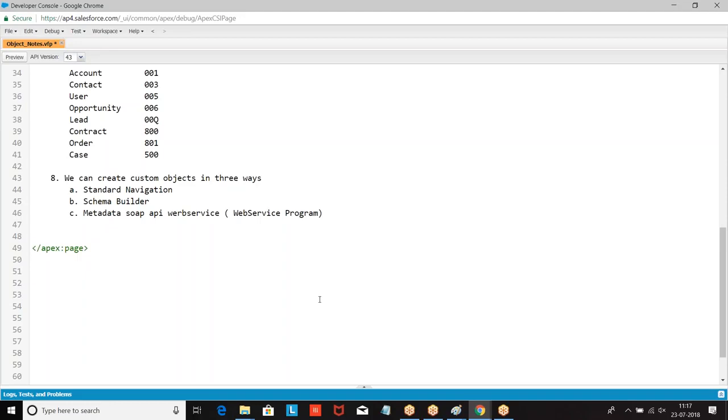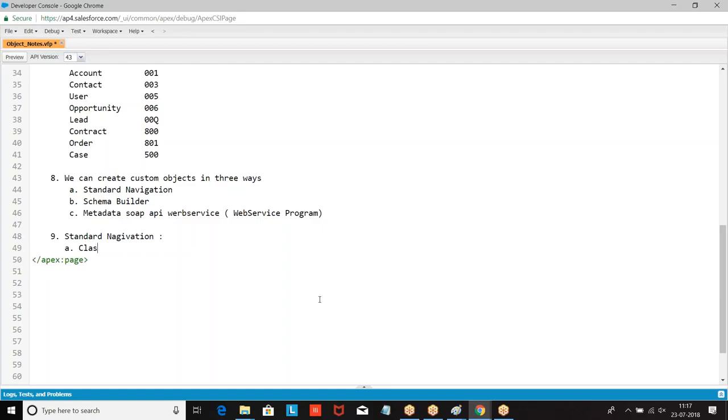Let us start with the first one, standard navigation. If you want to create using standard navigation, we have 2 formats: Classic and Lightning.